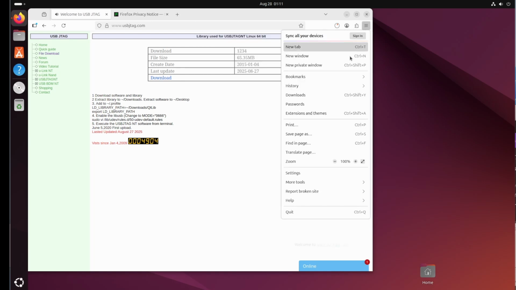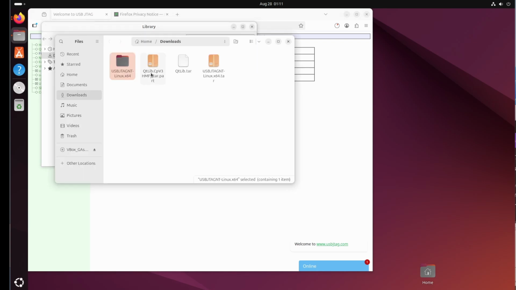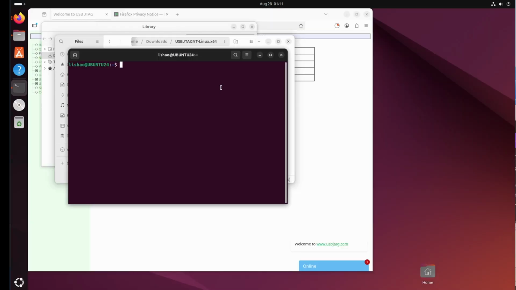So let's go to the downloads here. This one is downloaded. We can extract. How to extract it? So right click, open. So let's go to the terminal. cd Downloads, and I'm going to extract this to the desktop. So go to,